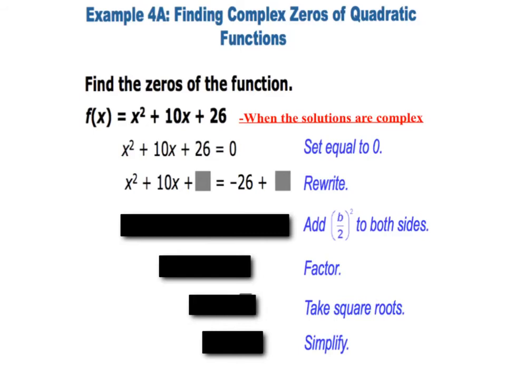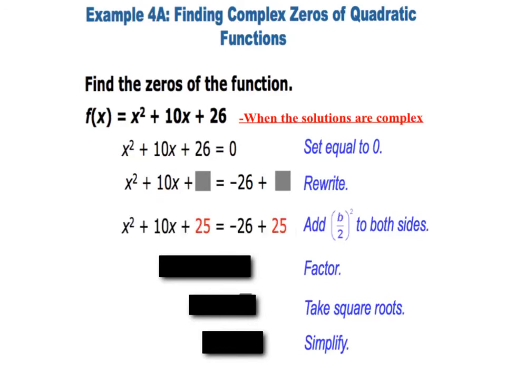Then I'm going to take half of the linear term. Half of 10 is 5. You're going to square it, and then we're going to add that to both sides. Now, simplifying that, that's going to give us this right here. So now we're going to take the square root of both sides. So we're going to take the square root of this side, square root of this side, and that will give me